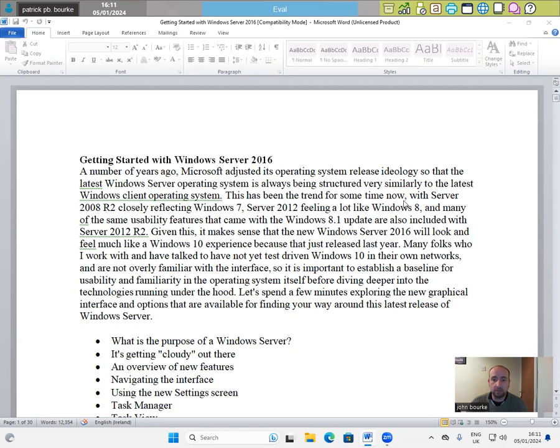This has been the trend for some time now, with Windows Server 2008 R2 closely reflecting Windows 7, Server 2012 feeling a lot like Windows 8, and many of the same usability features that came with the Windows 8.1 update are also included with Server 2012. Given this, it makes sense that the new Windows Server 2016 will look and feel much like a Windows 10 experience, because that